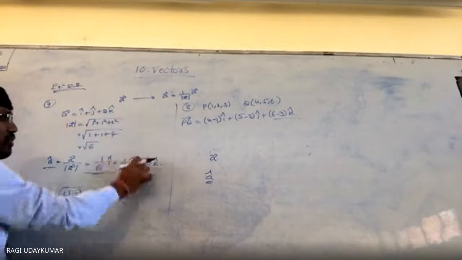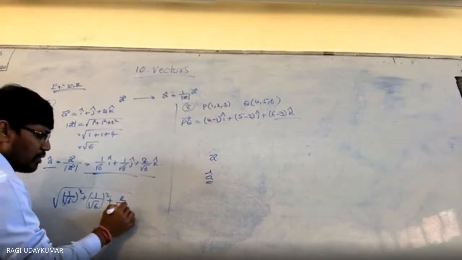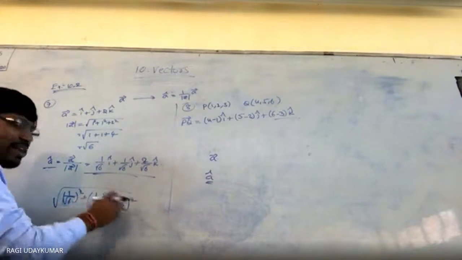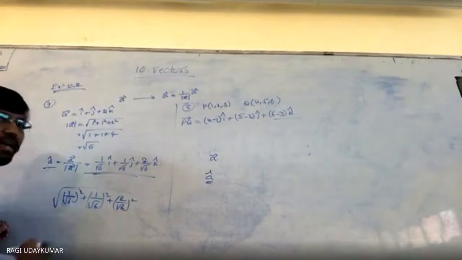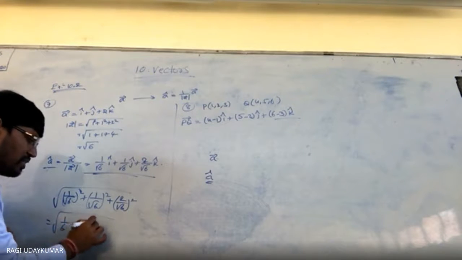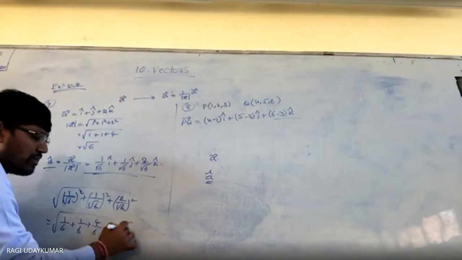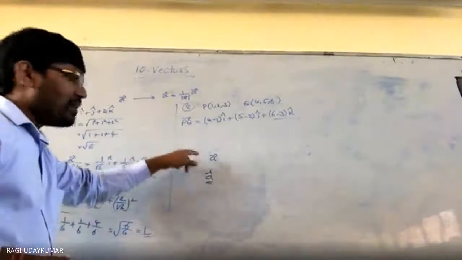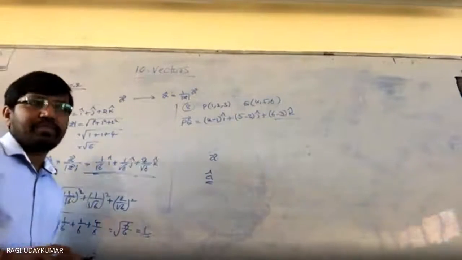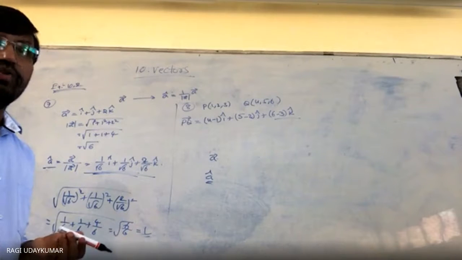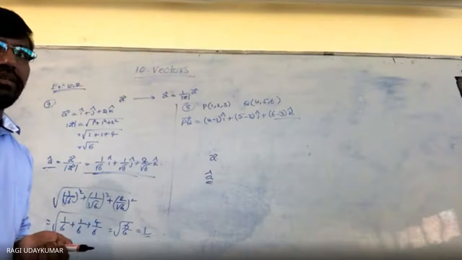2 plus 2 by root 6 whole square. Because I came to know that here itself 1 is not coming, so where did it go wrong? So under root of 1 you get 1 by 6 plus 1 by 6 plus 4 by 6, which is equals to under root of 6 by 6, which is equals to 1. Its magnitude is 1. So like that in even the 10th problem, find out the magnitude, multiply it by 8, so whose magnitude is equals to 8 you are going to get.